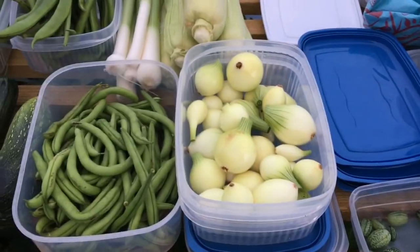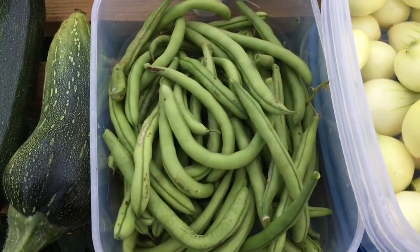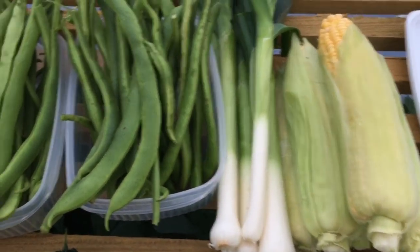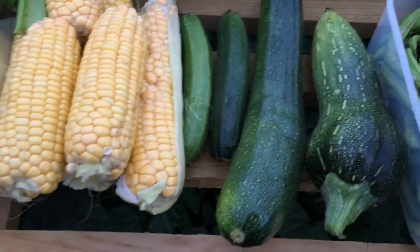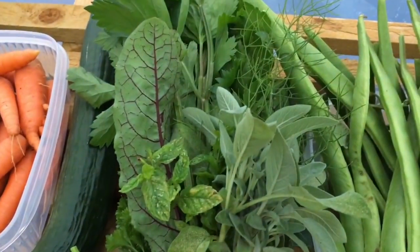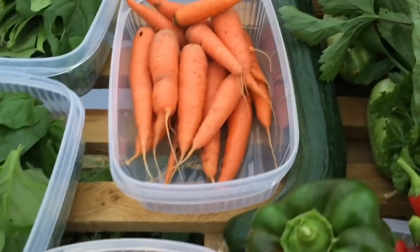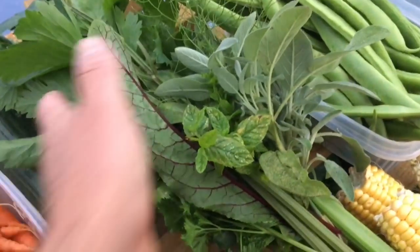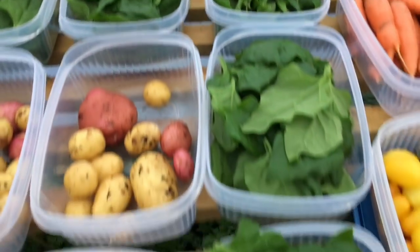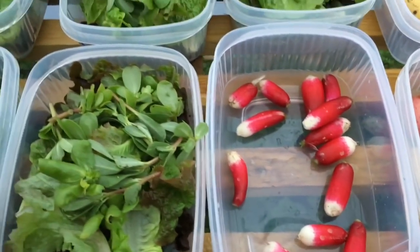So I've got some cucamelons, some nice green onions, some beans, French beans, sweet corn, leeks, baby leeks, runner beans, courgettes, more sweet corn, mixed herbs, peppers and chilies, tomatoes, carrots, cucumbers. There's actually loads of cucumbers under there. Spinach, potatoes, radishes to go in the salad mixes,